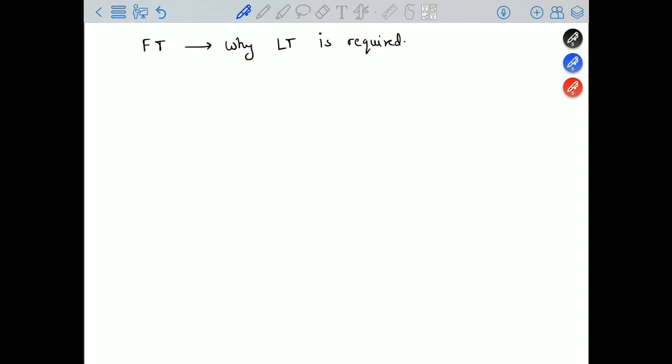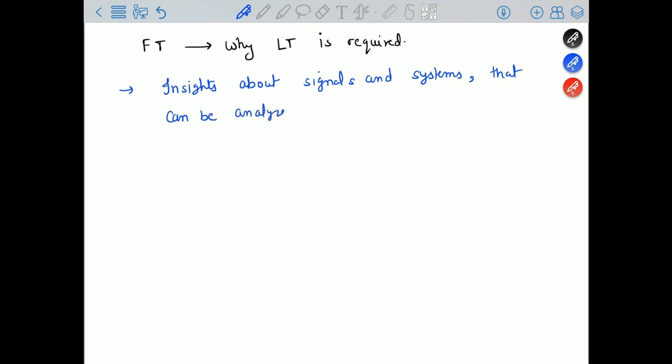The answer is that the Laplace transform provides insights about signals and systems. First, it does the work of the Fourier transform. So it provides insights about signals and various systems that can be analyzed by the Fourier transform as well. So it is doing the part of the Fourier transform, but in addition, it can also be applied to some very important contexts, and these contexts are,